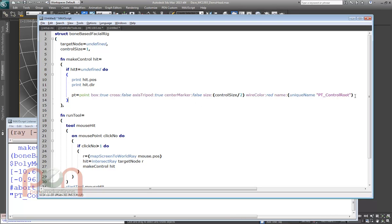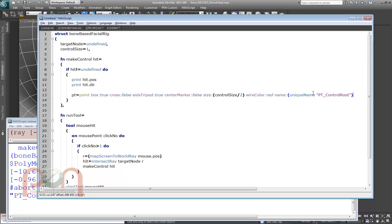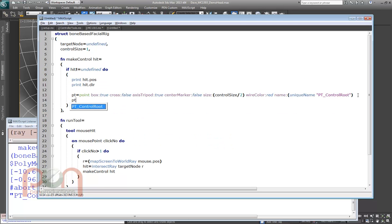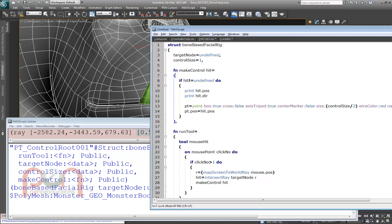Now what we want to do is set its position. We're going to set its whole transform matrix, but let's set its position. I'm doing a bunch of work here, but let's just show you that it's actually functioning first. Let's go PT.pos, or its position, equals hit.pos. So I want to evaluate this script again. Click on the surface,